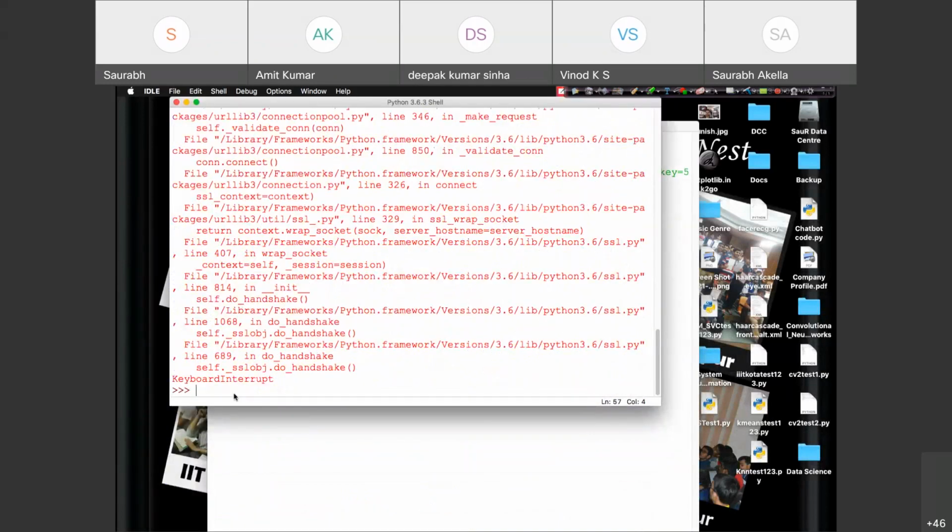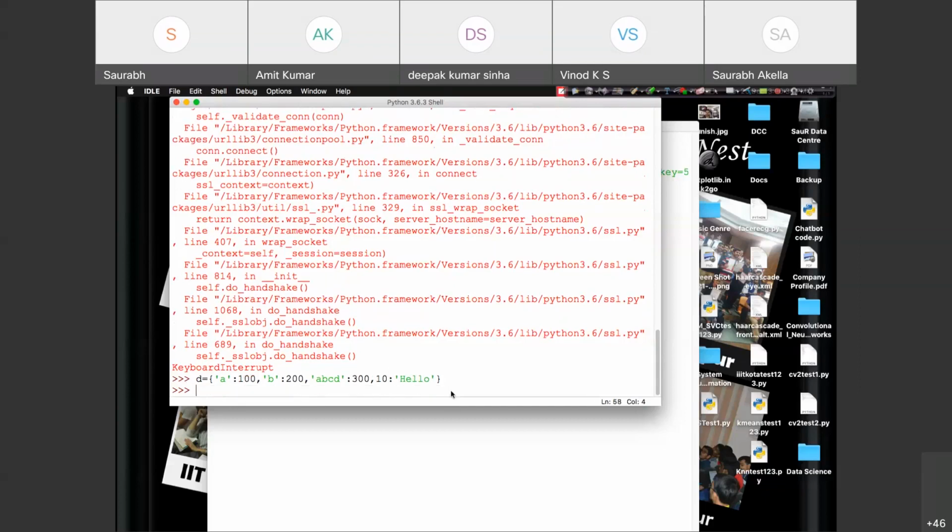Suppose I have data d is equal to curly braces. I have a key that is a, and a value that is 100. I have another key that is b, with a value of 200. I have another key that is abcd, and the value is 300. I have another key that is 10, and 10 means hello. So a key can be anything, and the value could also be anything.